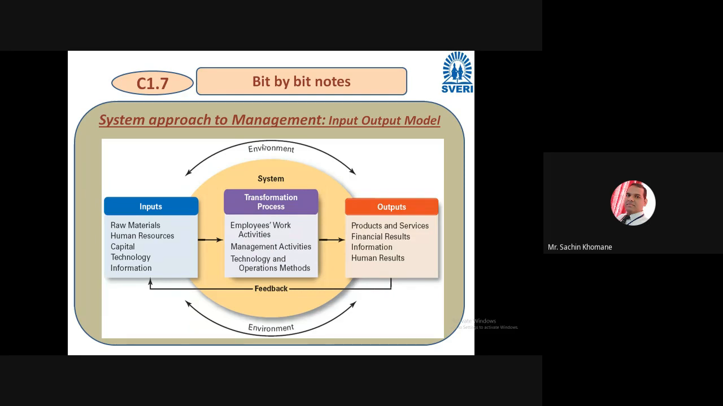Getting? So this cycle, whatever I have told, from input to transformation process to output, and from output again feedback to input. If that output is not satisfactory, then the feedback will go to input, and there you need to change your input. Getting? Then output should be